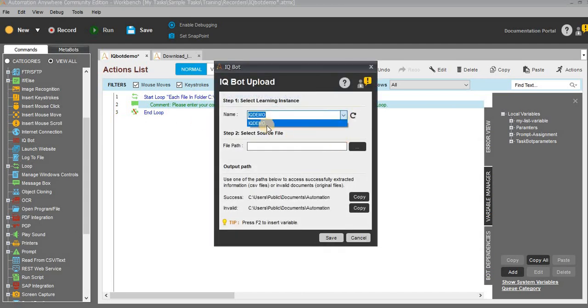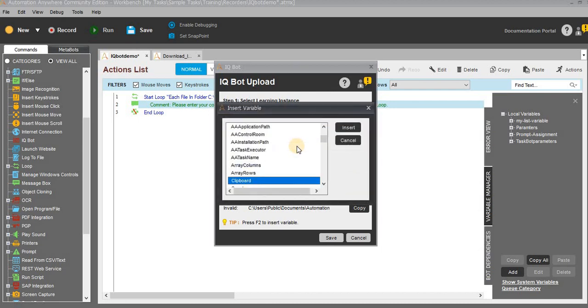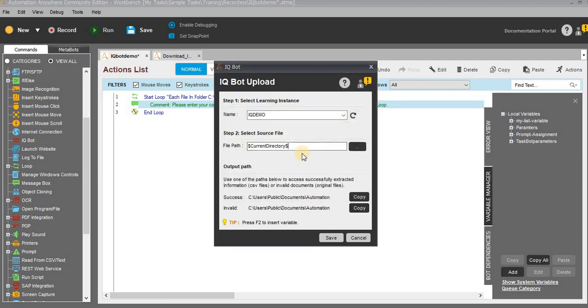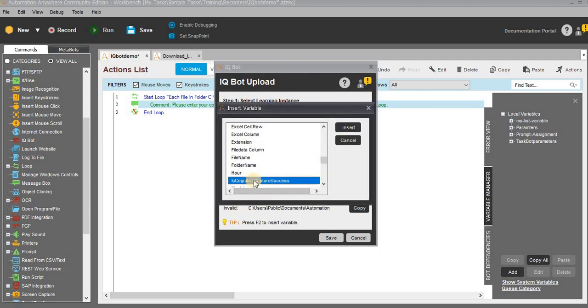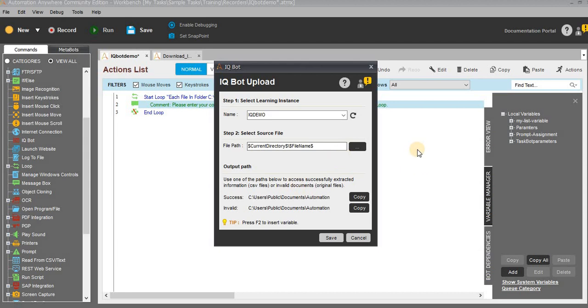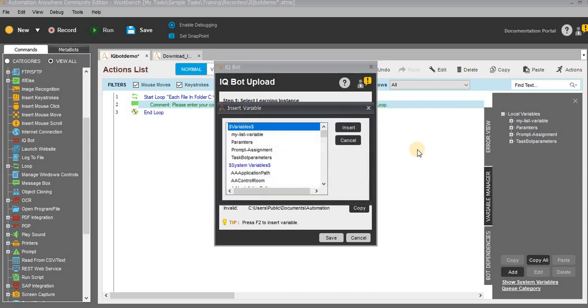First you need to select the name, whichever name we have created, you need to select that particular name. After that, you need to select the file path. So in this loop, if you have selected the particular file path, for that you can use current directory, or else you need to use the file path. After that, file name and file extension, everything should be there. Using the current directory will help avoid unwanted text. So current directory, after that the file name should be there, right? File name, then dot extension, press F2, extension.